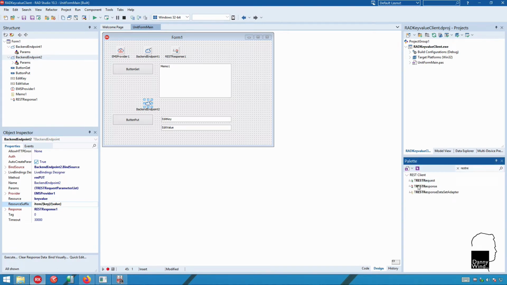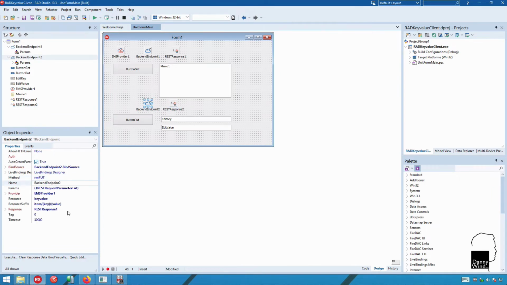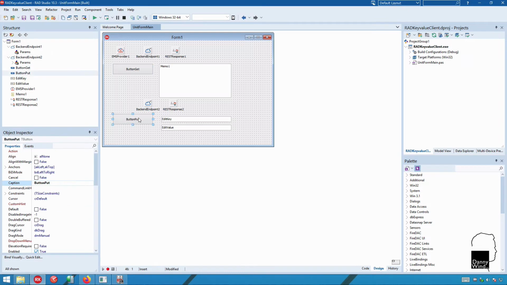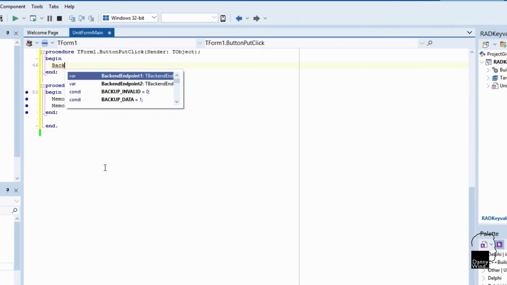URL. So let's put the REST response here as well and connect that REST response to the backend point. Again, we're not getting any data back. At this point, we're just putting data, so the REST response data is ignored for now. Okay, so backend point 2,